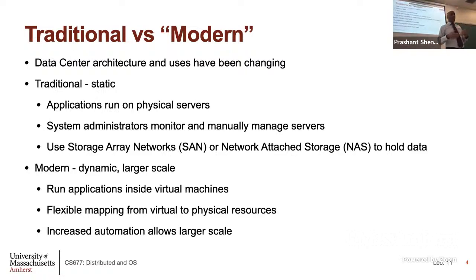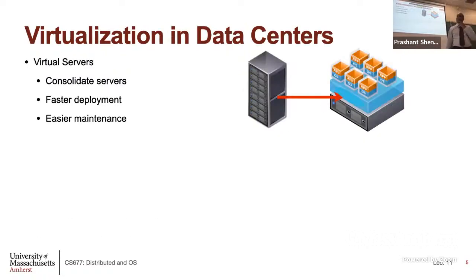So there's a flexible mapping from virtual to physical resources. This allows automation. In many cases, the administrator may not actually have to do the migration of the VM themselves. The cloud platform can monitor servers, and if it sees an overload, it can trigger this migration itself to rebalance the load on servers. So a lot of stuff can happen automatically without the user knowing or the system administrator having to take physical actions. Those are some advantages, but let's now see this in terms of some pictures here.